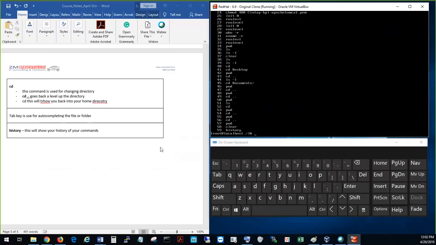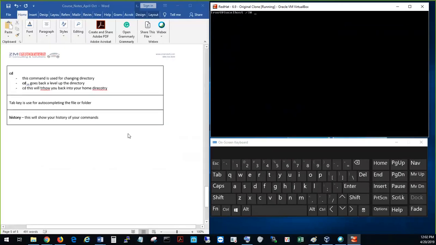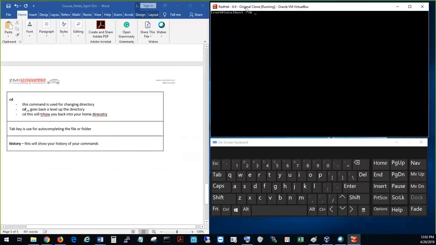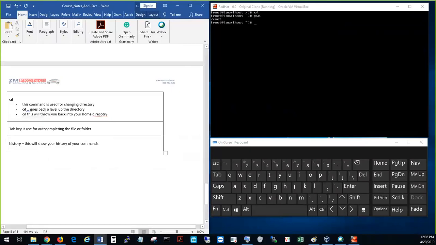Okay, so let's talk about the cd command here. When you only type cd, it just throws you back into your home directory. This will throw you back into your home directory. Okay, and then